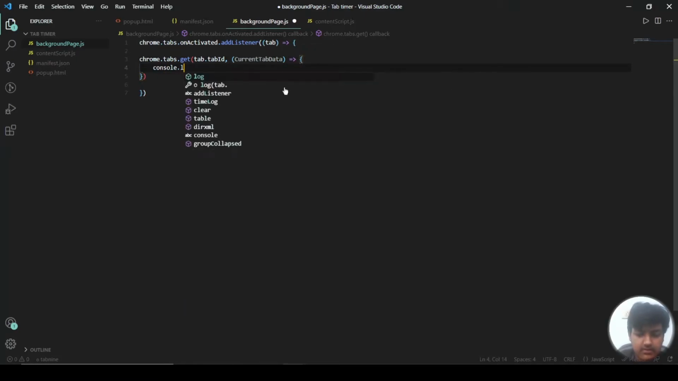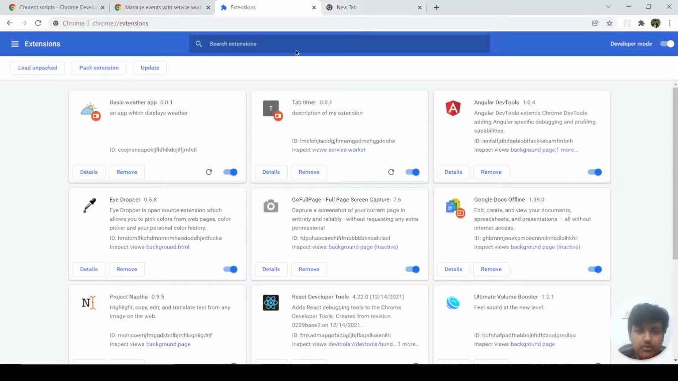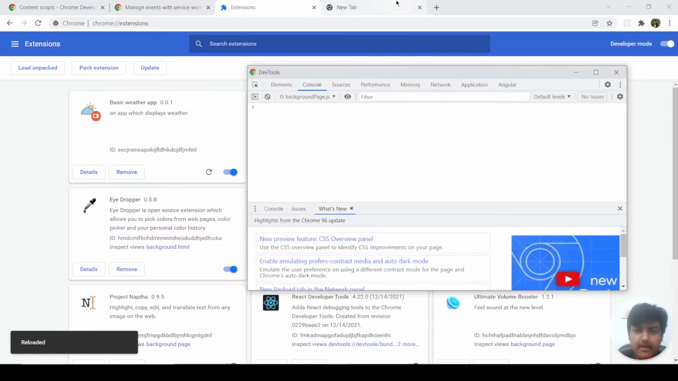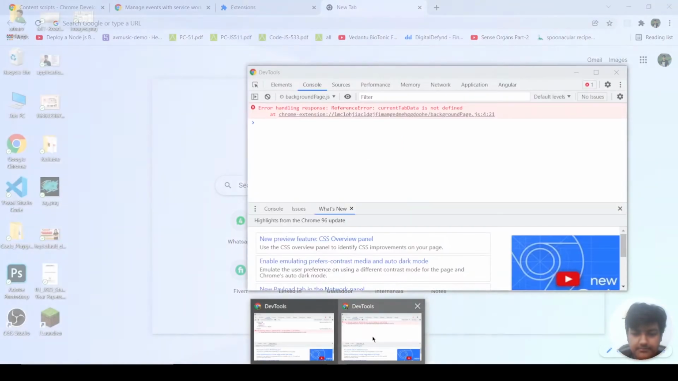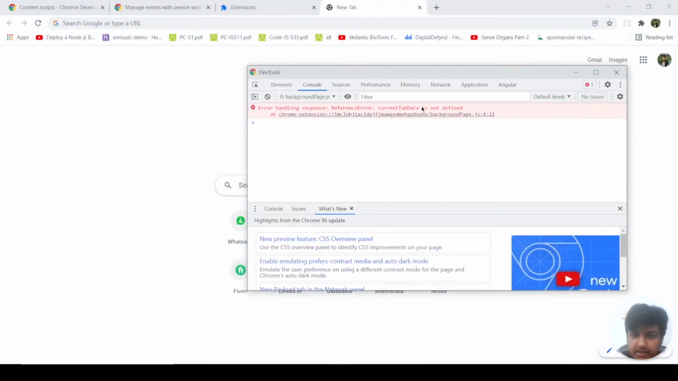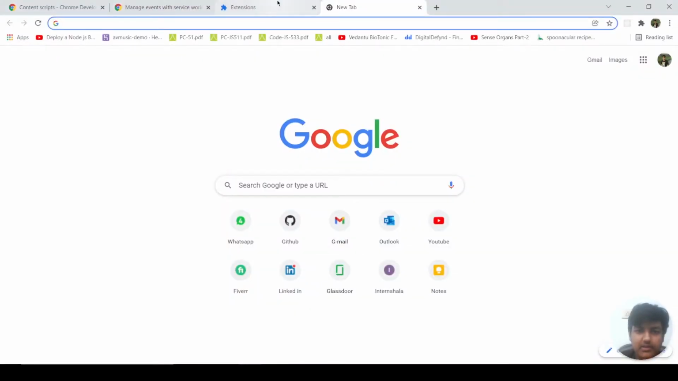And after fetching, I will console.log currentTabData. Now again go to the extensions page and reload, and take the focus to a new tab. It says currentTabData not defined. Okay, the C is capital in this currentTabData. Sorry. Again reload it,